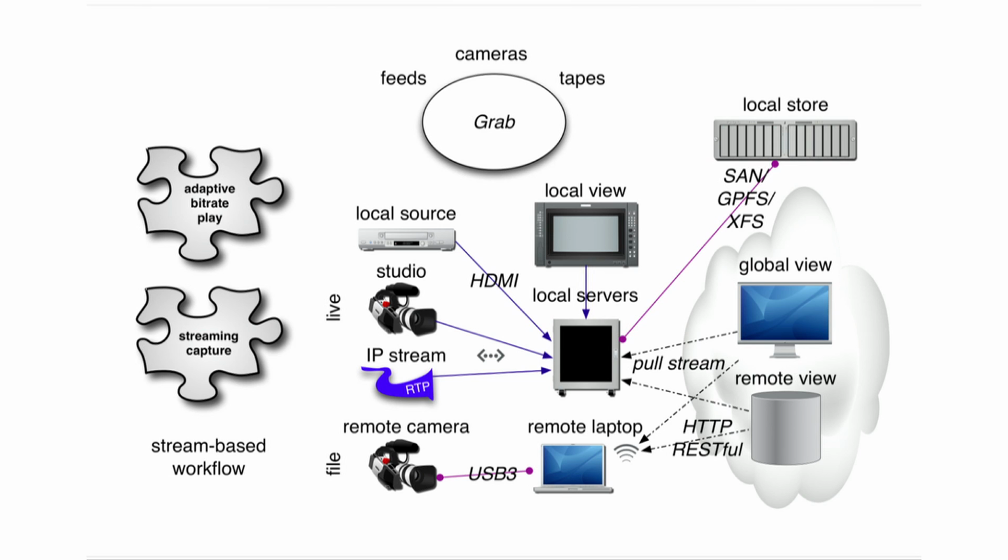If we have taken a camera out in the field, a file-based camera for example, we also have the opportunity to access that content very quickly. Let's say that a journalist takes their camera and connects it to a laptop in their hotel bedroom over Wi-Fi. By running the Internet of Frames, by running the web server on the laptop itself, we can immediately allow people around the world random access view to that content, using smooth streaming technology at the bit rate that is suitable to them. And whilst the journalist is sleeping, we can be uploading the high bitrate material to the remote server,